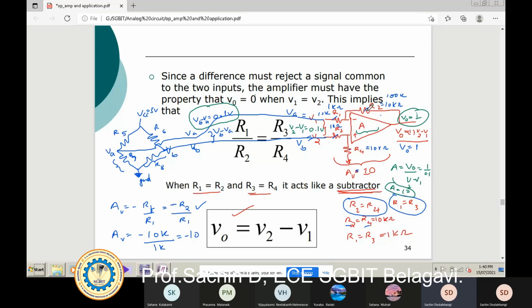So if the gain of the amplifier has to be 10, the values of R2 and R1 should be selected so that the ratio of minus R2 by R1, the voltage gain, is equal to 10. In that case, you can select R2 as 10 kilo ohm and R1 as 1 kilo ohm. Got it? This is where we use the differential amplifier.